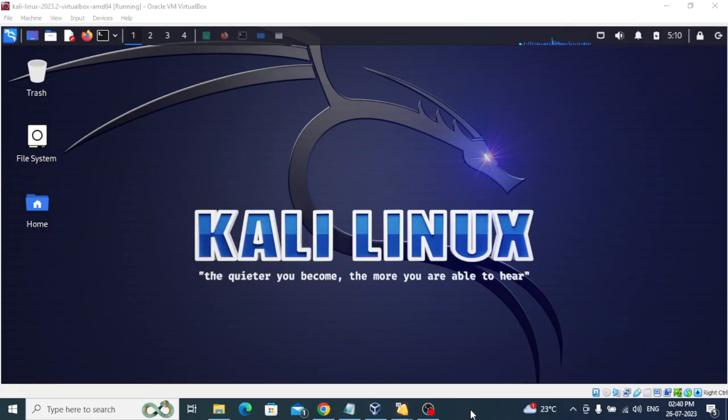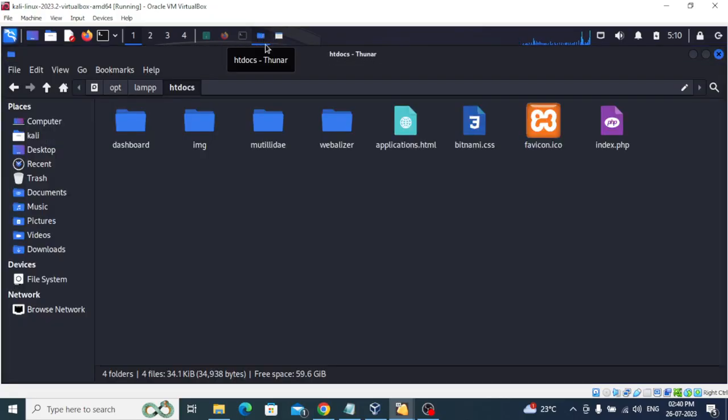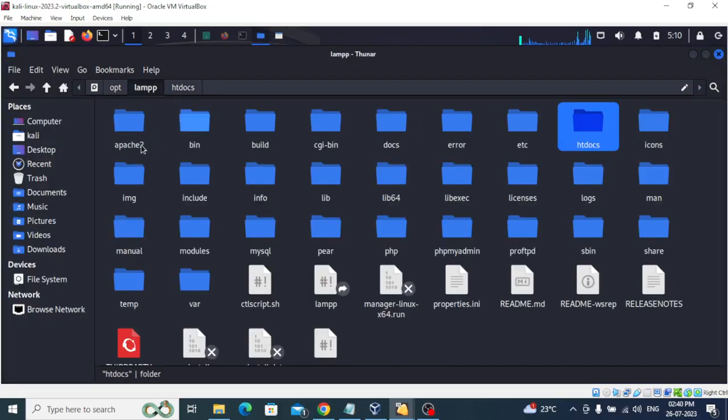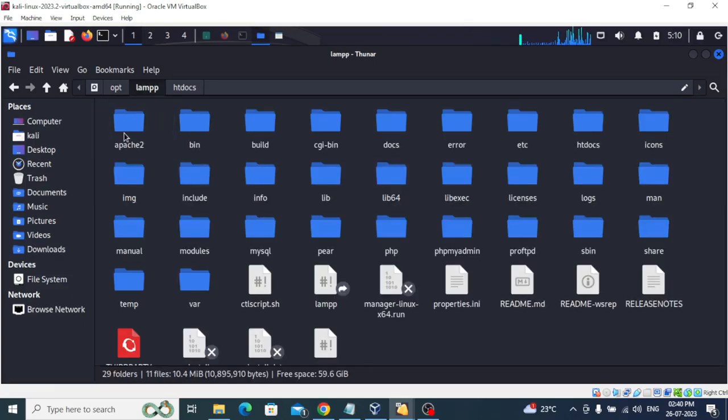Earlier you saw how we downloaded XAMPP and installed it in Kali Linux. So here my XAMPP is running. You can find XAMPP in the OPT folder when you go to the file system and then go to OPT LAMP. Here we have that file manager